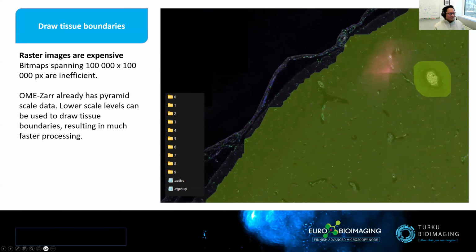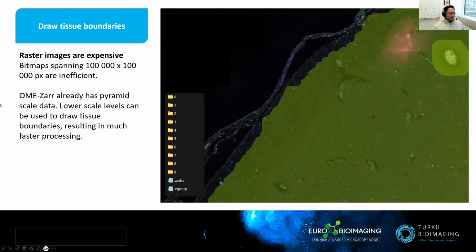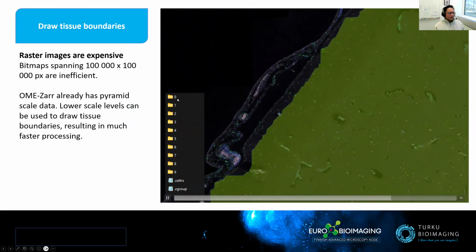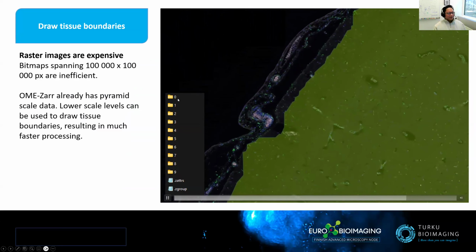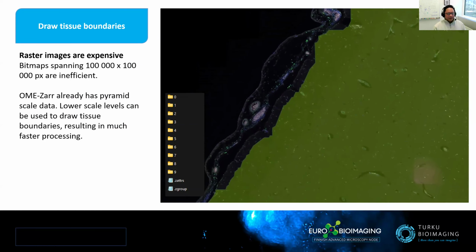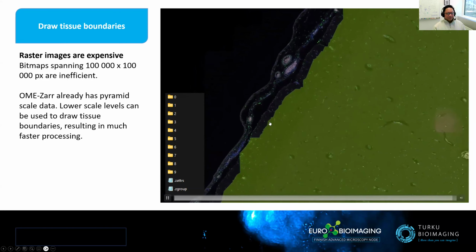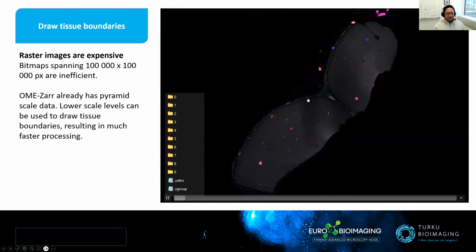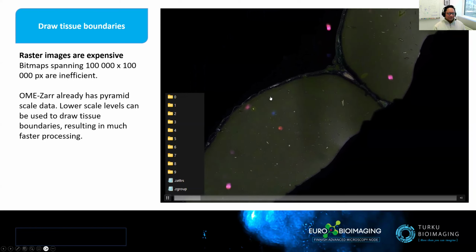And in this sense, our switch to using OME-Zarr allowed us to choose a lower resolution and then calculate the tissue mask from that. As you can see here in green, it shows where the tissue is, the boundary of the tissue, and just